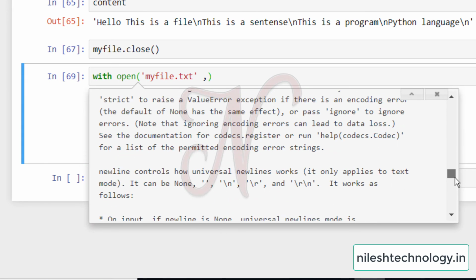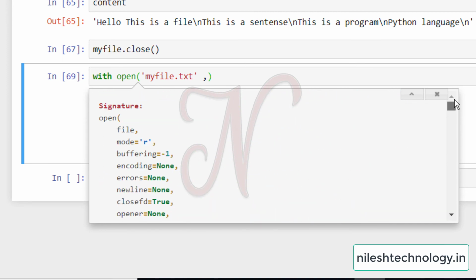So if you want to print the syntax as well as the description about any function, then press the keys Shift and Tab. These are some optional parameters: mode, buffering, encoding, errors.